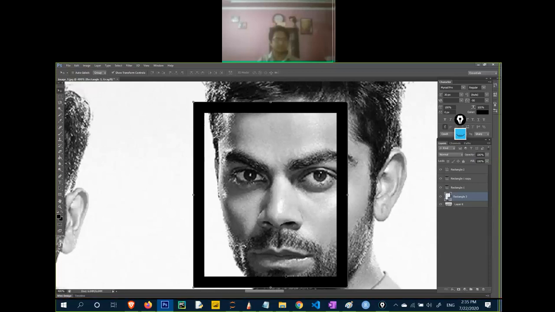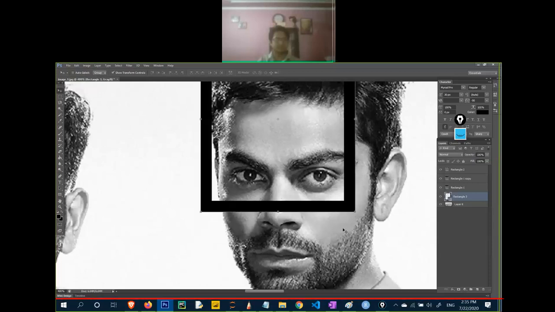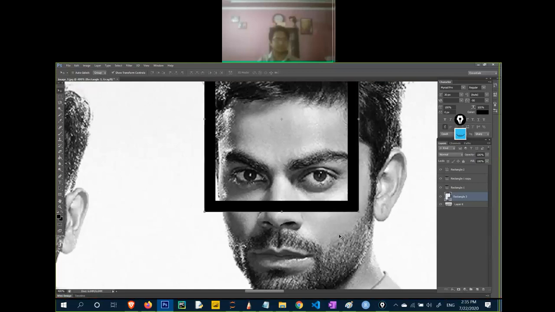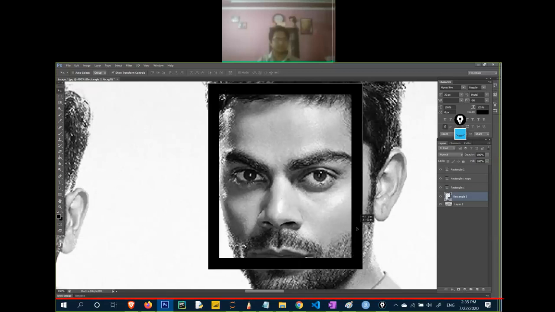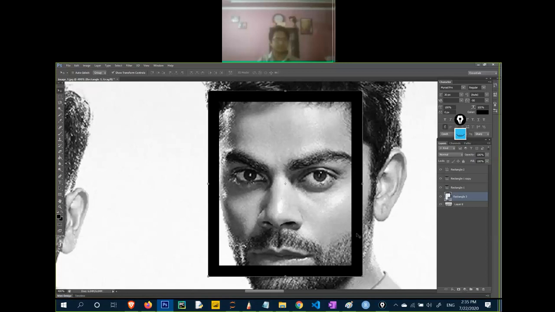What if my box is here? Now what will happen? Will the face be detected or not? Tell me. If the box is here, will it be able to detect the face? No. Why? Because only eyes are detected, and after detecting the eyes, it searches for the nose. The nose is not detected, so it will move forward. It won't check for the next features. So it discards the window in one shot if any one feature is not available in the sliding window. That's how it starts learning from weak learner to strong learner.